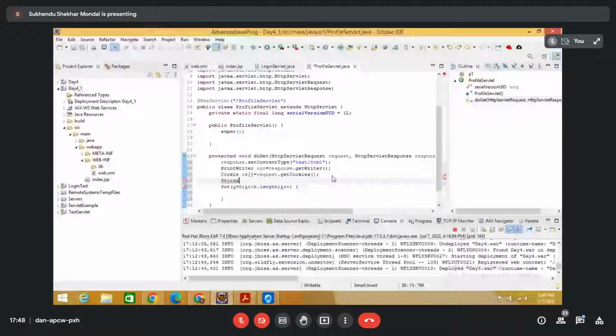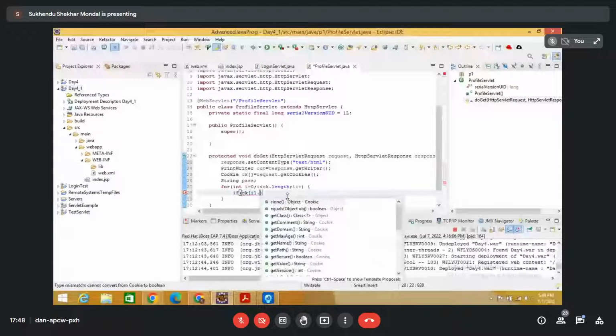ওটাতে আমি কি দিলাম যে পাসওয়ার্ড, স্ট্রিং পাসওয়ার্ড। আর আমি ধরো ইউজার আইডিটা জানি, তো এখানে i আছে, এটা একটা ইন্টিজার হবে, ইন্টিজার i। তো আমি for i equals 0, i less than ck.length, i++। ওকে, এটা আমরা গেছি। এবং এবার দেখব যে if cky dot equals, ওকে, cky dot